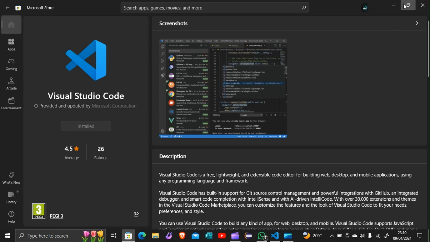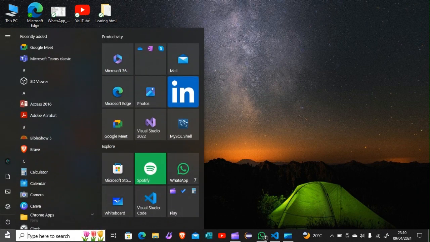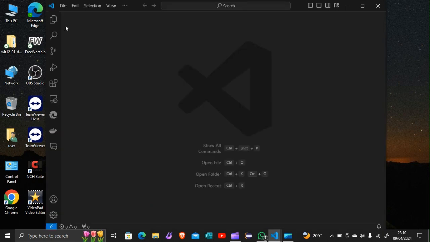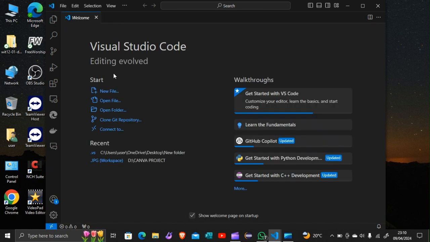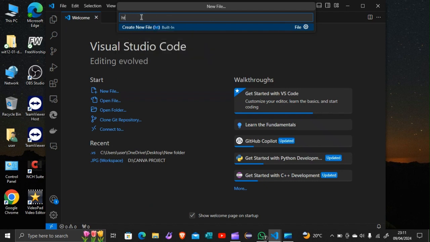For me, I already have it installed in my computer. So we are going to go straight into learning Visual Studio Code. First thing is to open the text editor, go to File, so it will come up something like this. You can say New File, and it will pop up here, and you can say HTML,